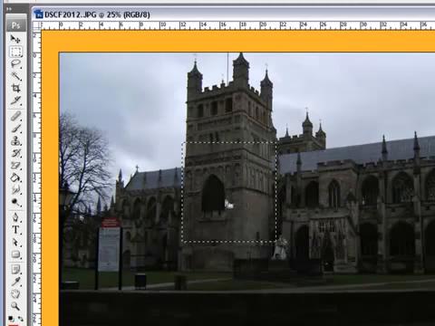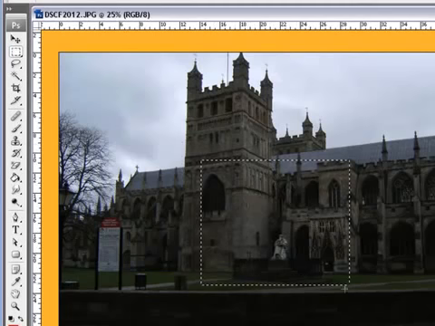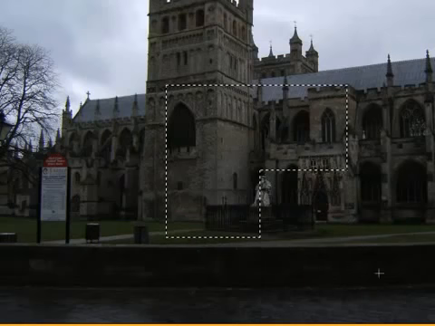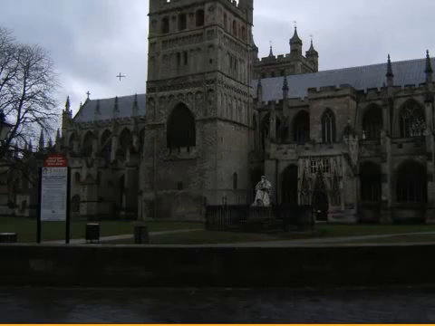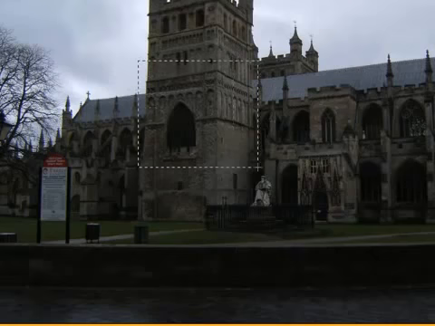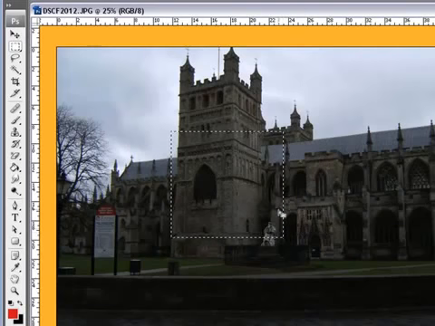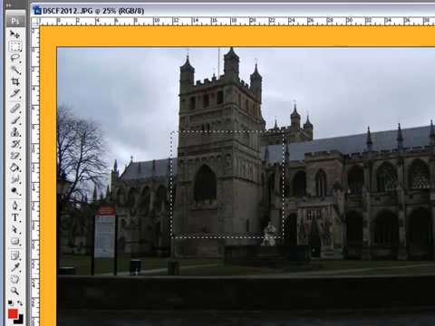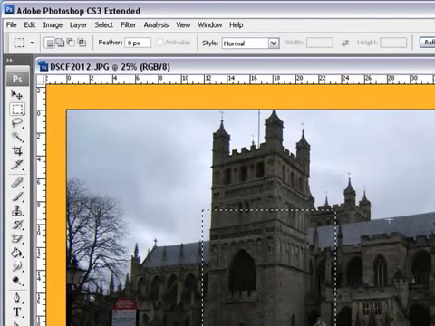Okay, very easy stuff. So you make your box, hold down the Alt, and now you're taking away. Okay, another cool little trick is if we just wanted to make a basic box, and we wanted to just say we wanted to take this little corner here, we didn't want the rest of this box, we just wanted this little corner. Well, what you do now is you hold both, you hold Alt and then you hold